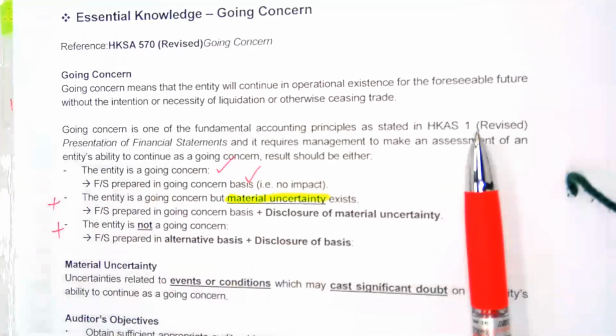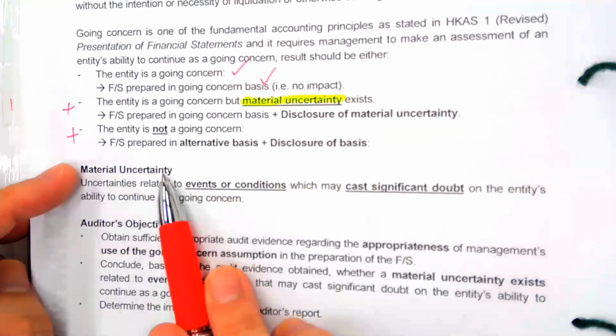But from our auditor's perspective, anything can happen. As long as your client is preparing a financial statement not in accordance with these three situations, that will probably lead us to issue a modified opinion or even an adverse opinion in this case. Okay? Definition of material uncertainty: